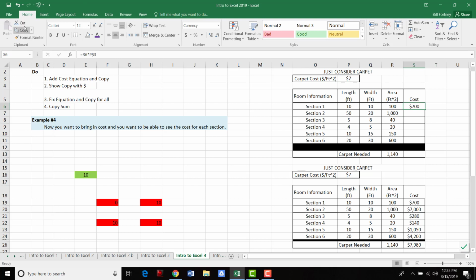So now I'm going to say, whoops, I didn't mean to say cut. I'm going to say copy. I'm going to come right here and say paste. I'm going to double check it. R9, R9, yep, look right there. That's my square footage. R9 times P3. That's exactly what I want. Beautiful. So now that I've checked it, now I can come and say copy,